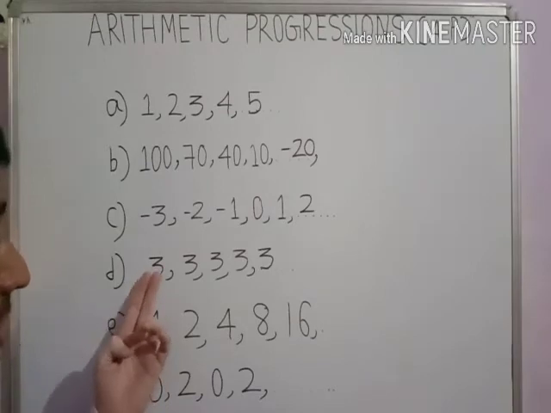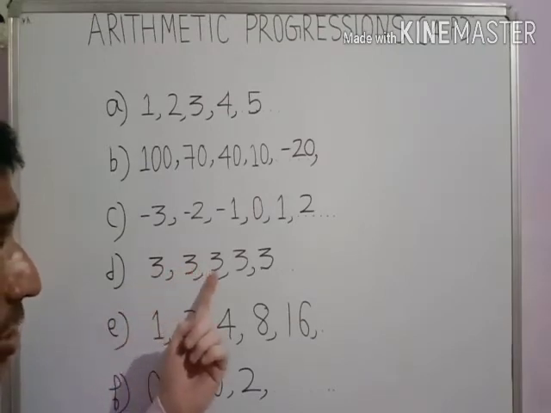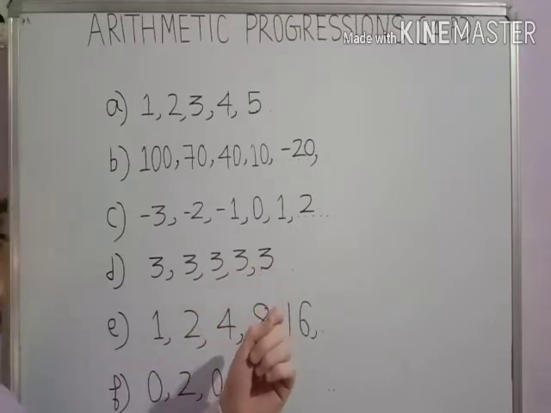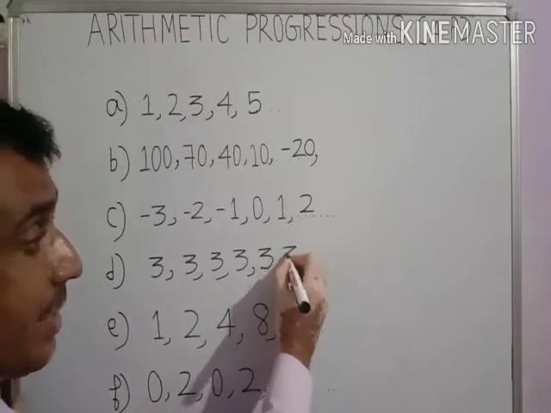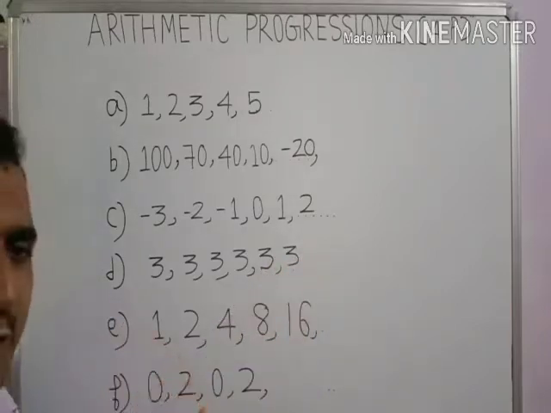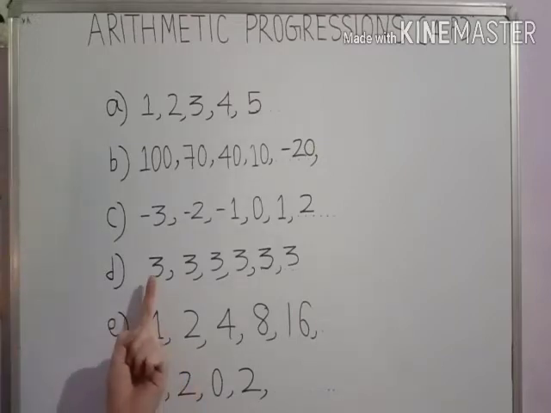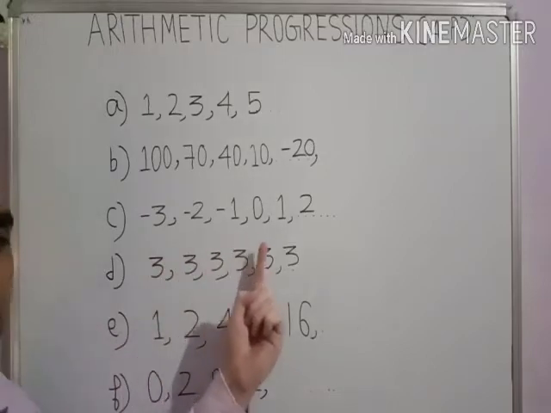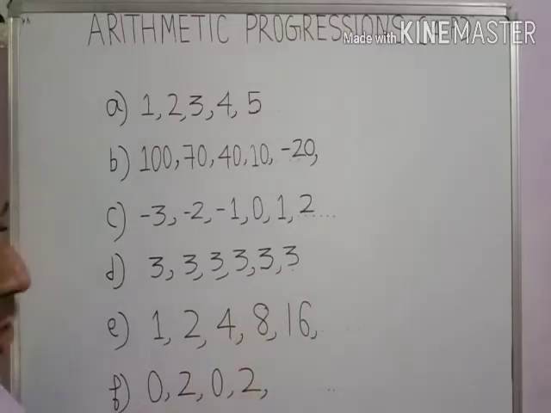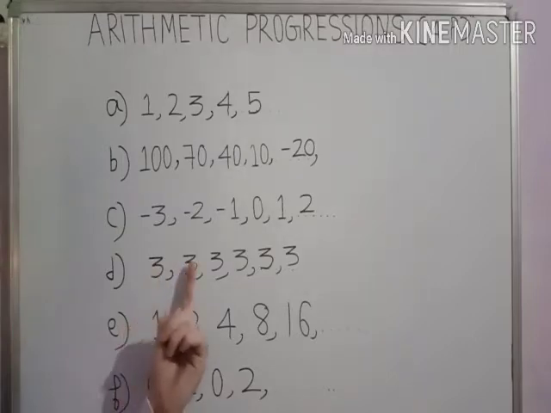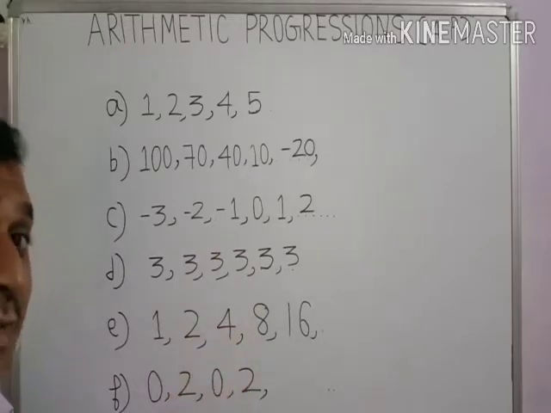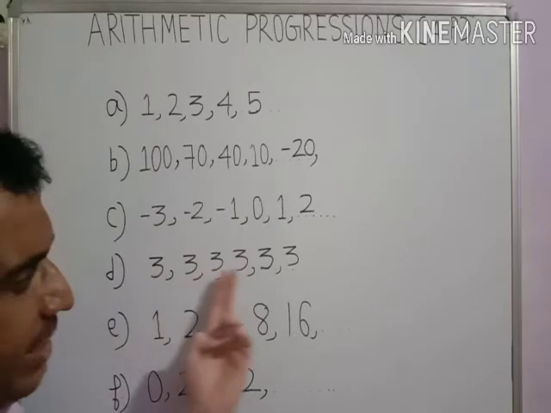And in the fourth you see 3, then again 3, then again 3, then the next number would be, your answer is, definitely 3, because in this pattern every time we are getting the number 3. One student can say every time we are adding 0 to it, 3 plus 0 is 3, and we get the same number. And one of you can say every time we are multiplying by 1, 3 multiplied by 1 is 3. By this also you can see we are getting the same number. It means every time we are getting 3 in this.